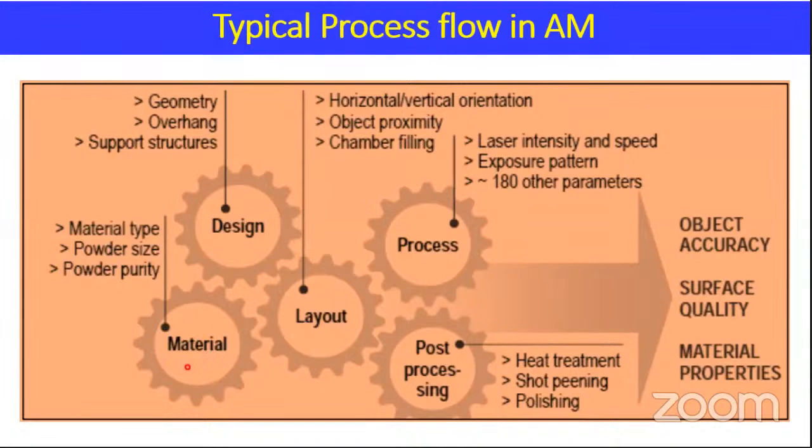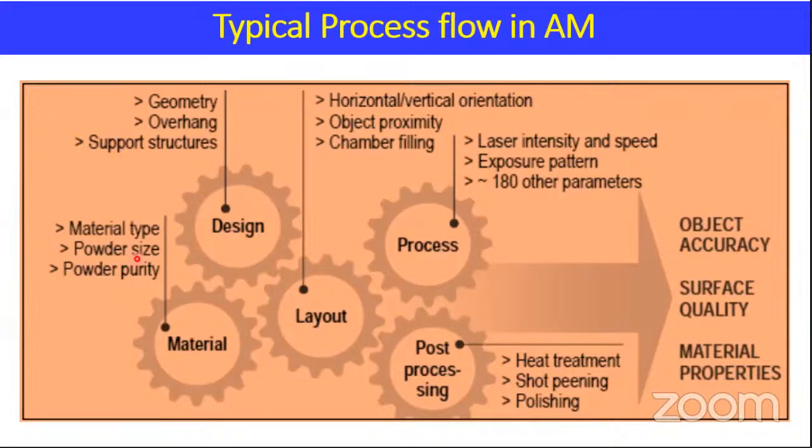Then if we are taking powder, we have to focus more on the powder purity, because as this powder becomes the starting material for our part, the purity of this powder would dictate the kind of performance that the manufactured part would be delivering to us. And the powder size,